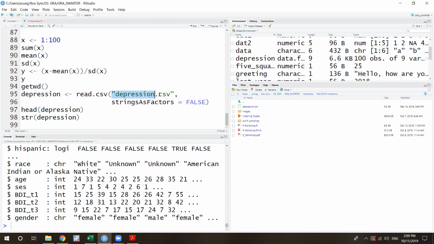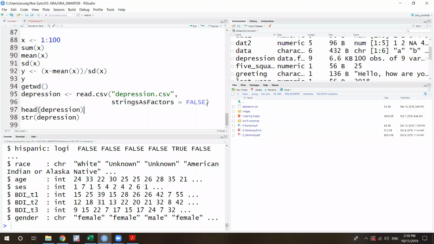After that, you put the name of the file. It should be really specific. And then stringsAsFactors = FALSE is that you can decide whether you're gonna read this data as factors. But it doesn't really matter. You can just erase it if this is not working. It happened on the other laptop. And then assign to the depression object.